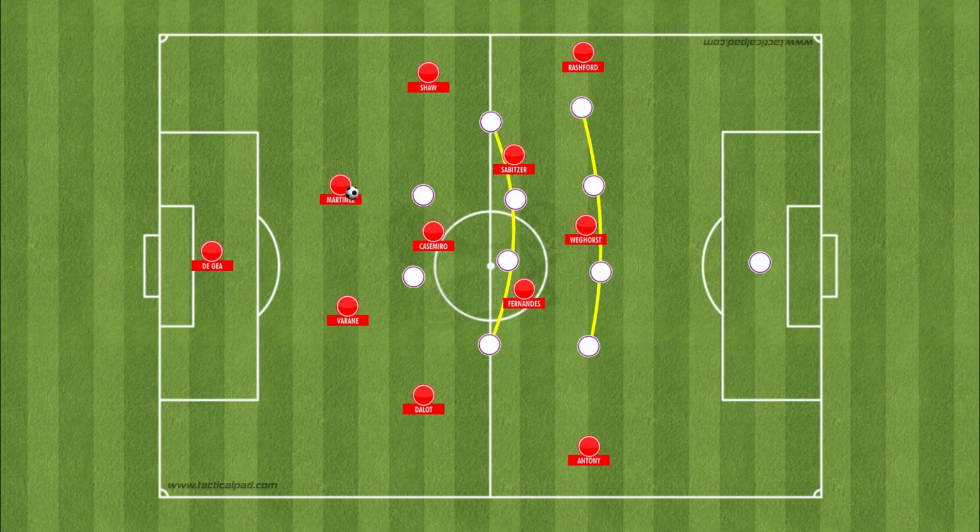So United have the ball in the middle third, and they're up against a vertically and horizontally compact shape, maybe a 4-4-2 or a 4-5-1, and the opposition are doing a very good job of cutting the passing lanes into the players in the centre of the pitch. This is a familiar scenario that we see Ten Hag's side in,